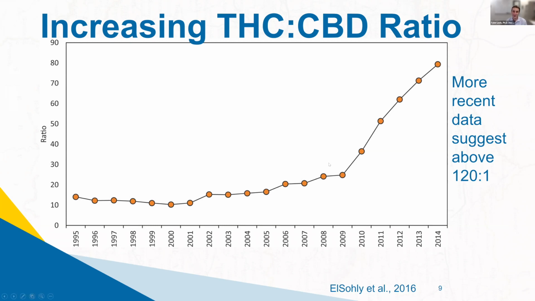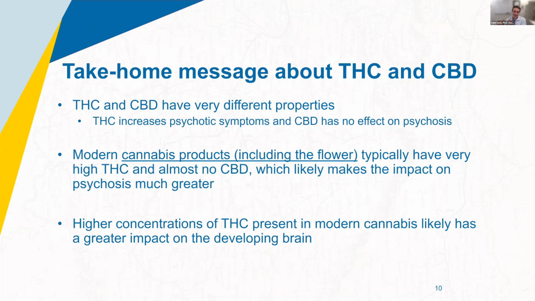So that means this other side of cannabis, CBD, we think might have some antipsychotic properties that might work against some of what THC produces. You actually get very little of it now in the type of cannabis that you smoke. So just as a take-home message about this, it's worth knowing what these two compounds do. They're very different, and it's worth understanding their general concentrations in the product that you would find,